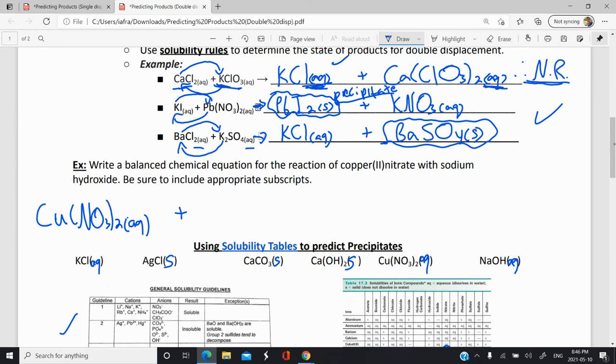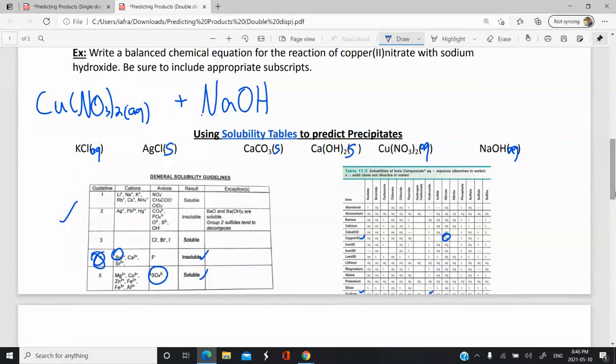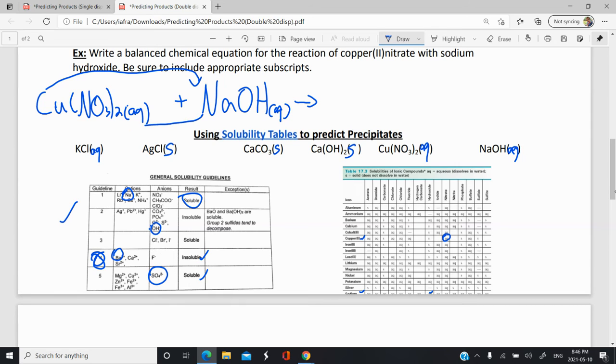And it's reacting with sodium hydroxide. And using your solubility table, you can go and take a look at sodium hydroxide. So sodium is up here, hydroxide is down here. Sodium calls the shots of being soluble, so aqueous. And now we're going to do our double displacement. So we're going to switch cations there with each other. And so we'll get NaNO3, and that's still aqueous because it's a nitrate, plus copper 2 hydroxide, so